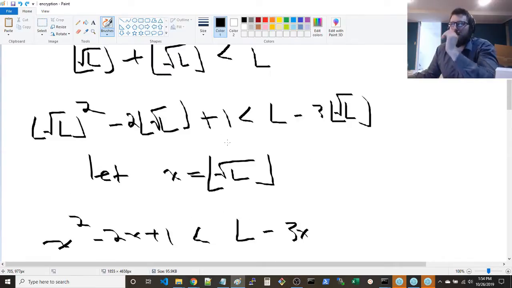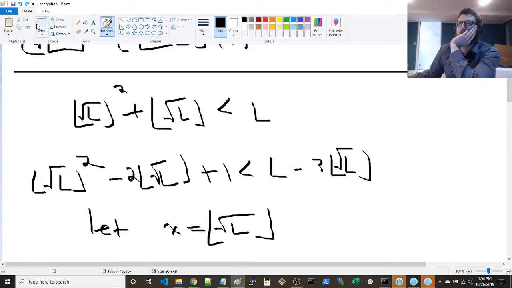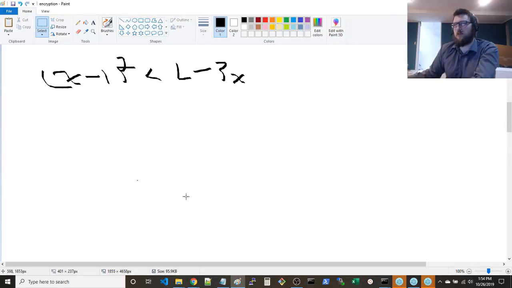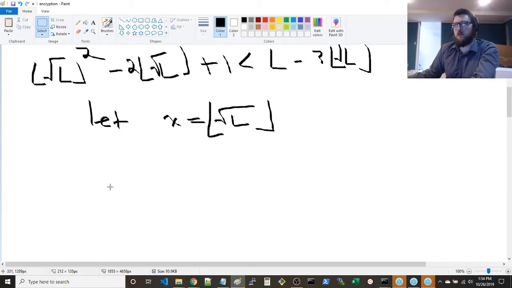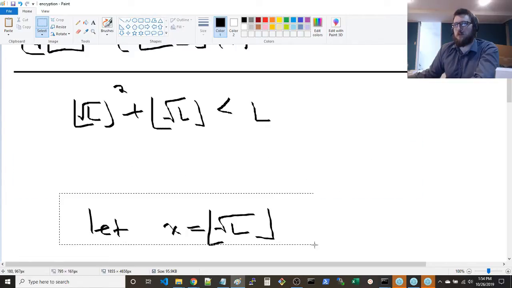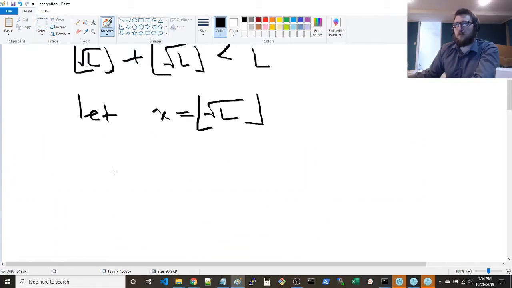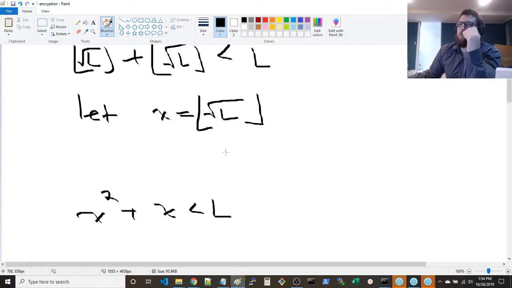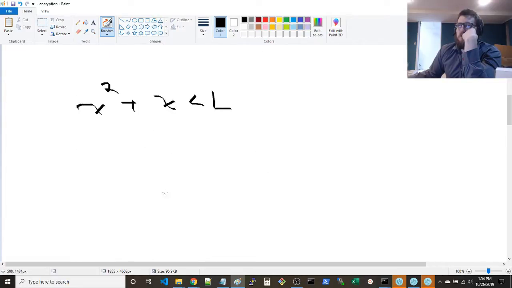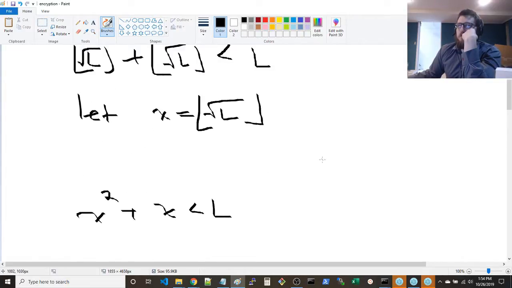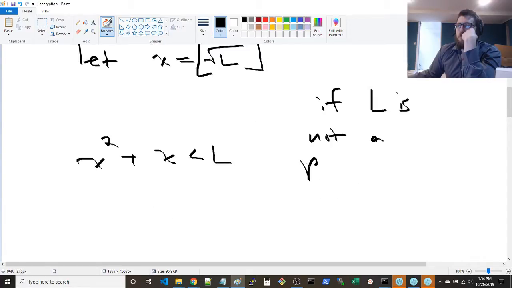Or even another way of looking at it, just subtract L from this side. Well, can we write L in terms of x? Let's do that. Actually, it's better. That's kind of the issue, is we need to relate L and x. So we have x squared plus x less than L. And what's the relationship between L? Well, L, if L is not a perfect square,